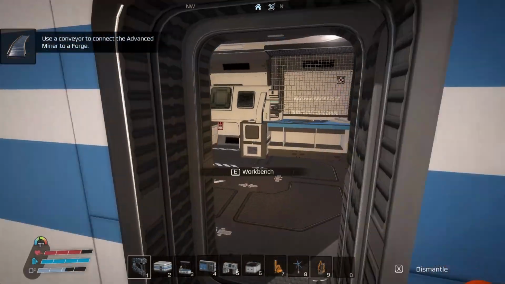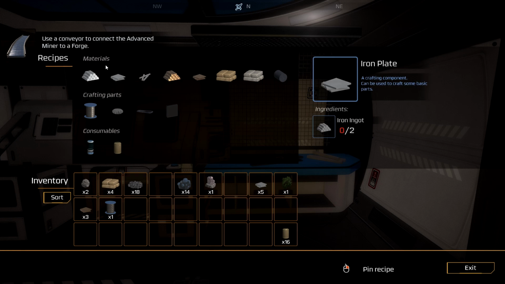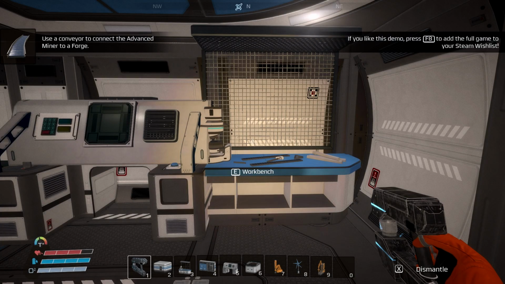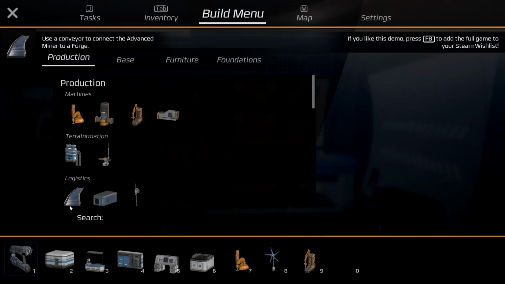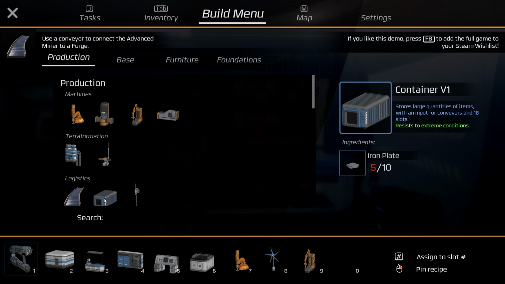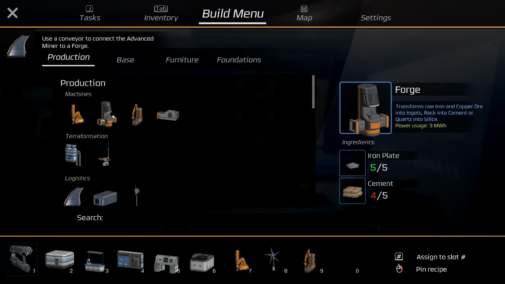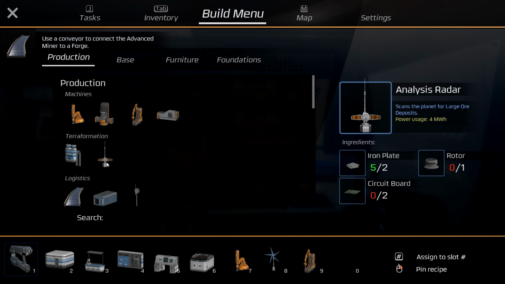So that's cool. Let's come in here, make some more iron rods, because we're going to need iron rod or iron plates for our trafficking network. So logistics, conveyor belts, storage containers. I need some more cement. I can wait on that for now. But analysis radar, this where the large